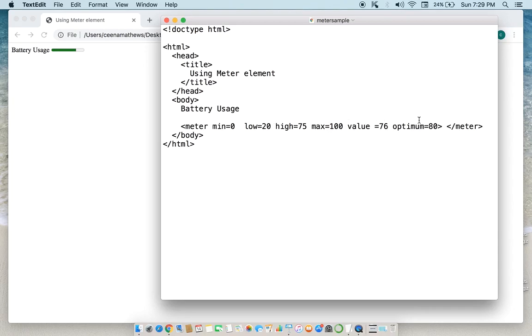We'll do this separately for each part, that is low, medium, high parts, using different meter elements.